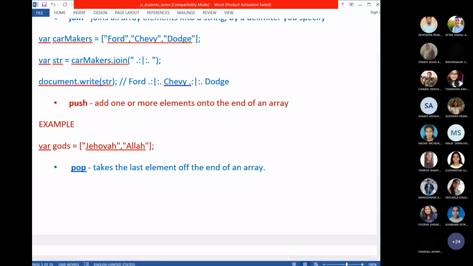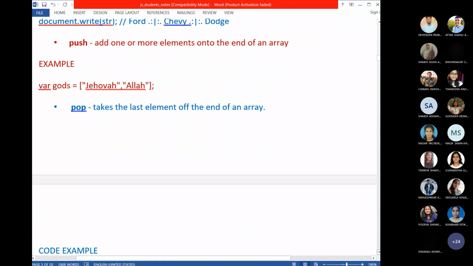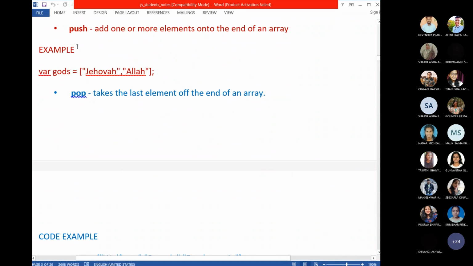Okay. Now, there are other methods too in the array object. Push. Push is another method which is very commonly used. You know how the data will be stored in an array. One on another, the data will be stored.